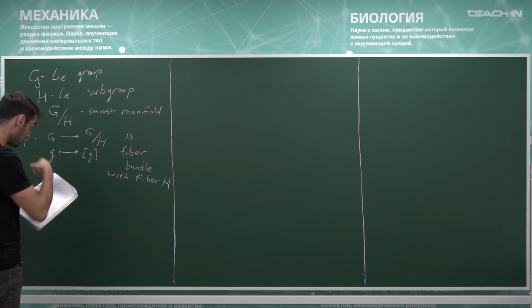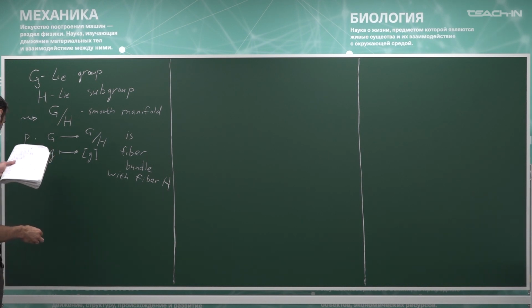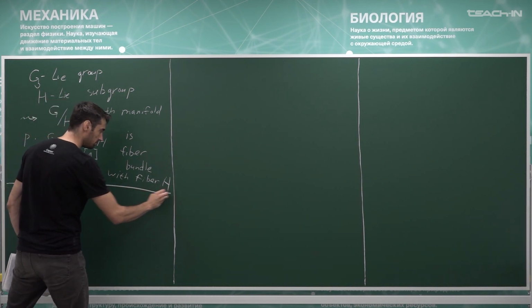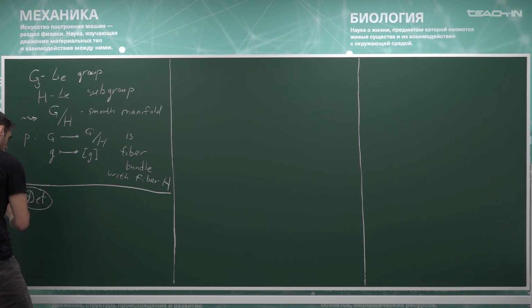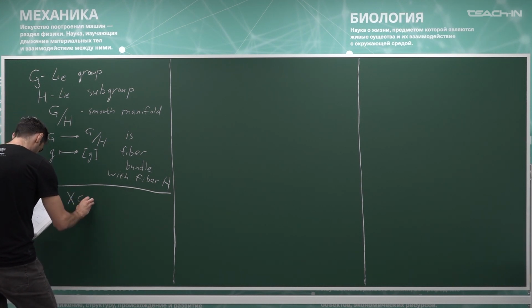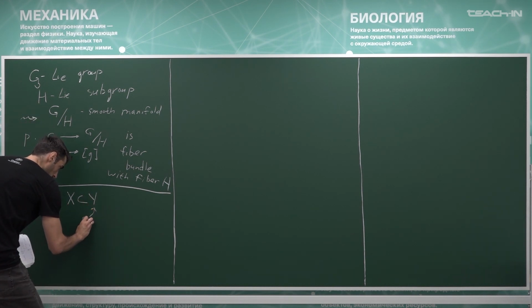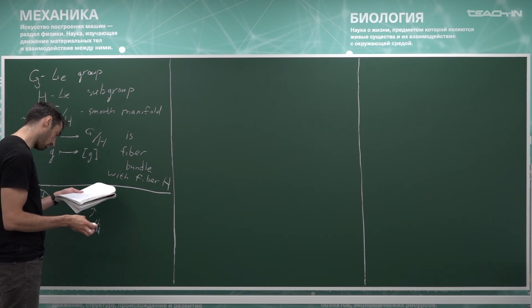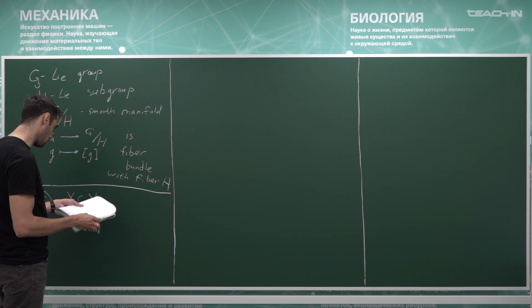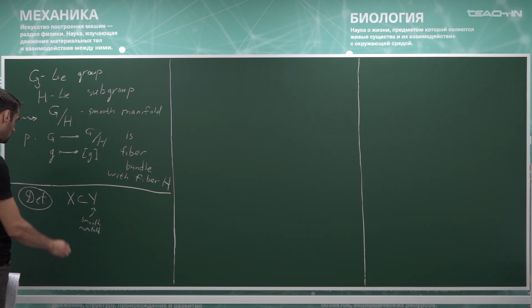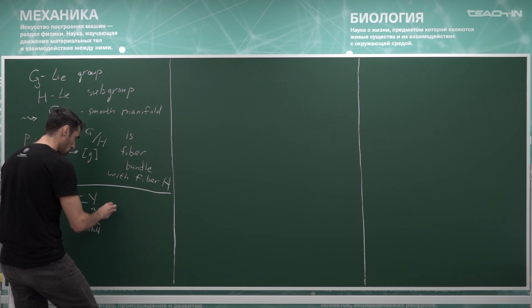So let us continue using that. First, let us introduce a new notion, so definition. So X inside Y, where Y is a smooth manifold. So this is a subset of Y, and this subset is called